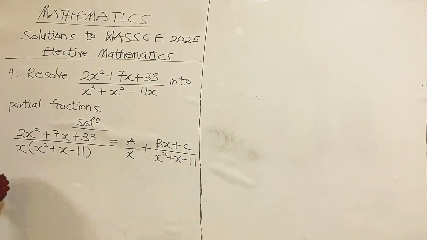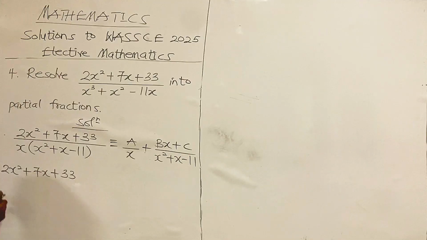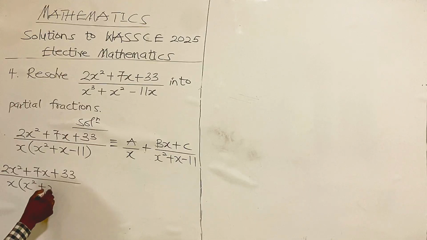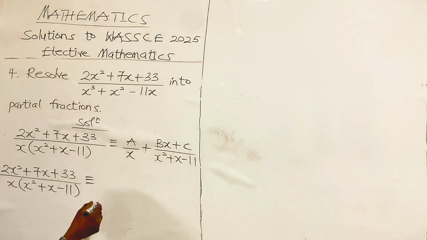So from here, we still have 2x squared plus 7x plus 33 all over x into bracket x squared plus x minus 11 is still equivalent to, then